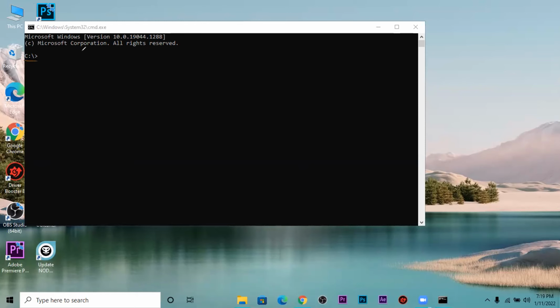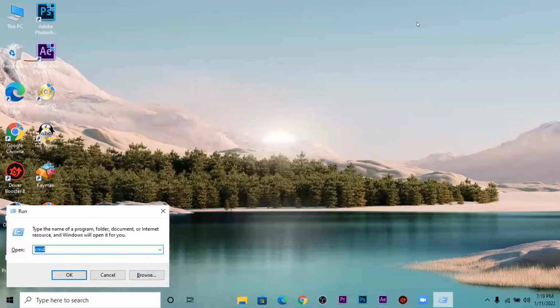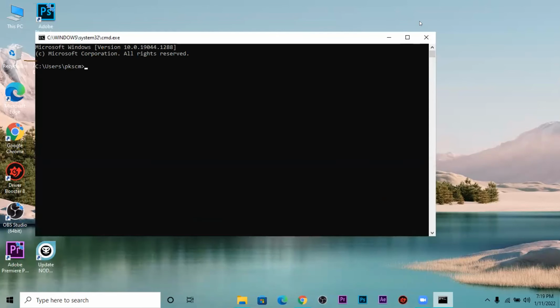Open the command prompt again from the run dialog box. Can you tell the location now? All of you can try. C Windows System 32 CMD. Yes, that may be in your computer.